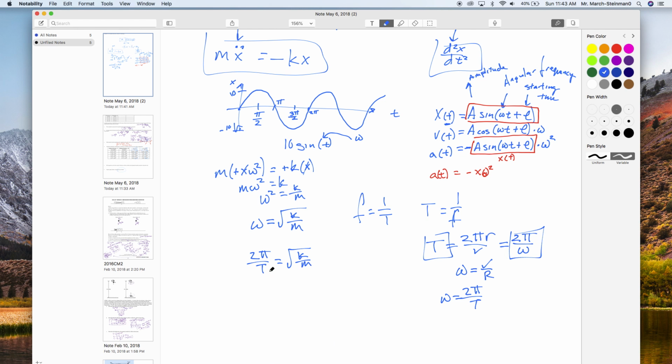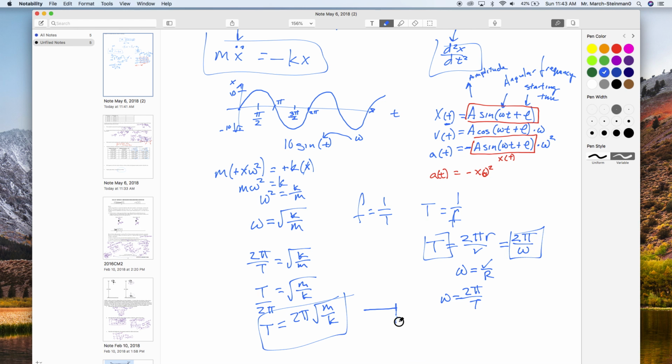And if I want to solve for period, first what I can do is flip both sides essentially. So period equals period over 2 pi equals root m over k, and therefore period equals 2 pi root m over k, and this is the period of an oscillating spring. So how long it takes for one back and forth oscillation, how long it takes to go,